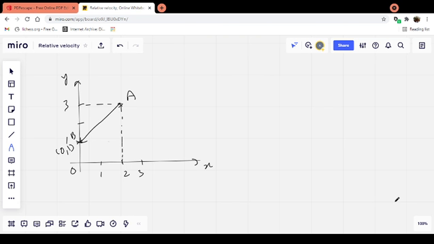Since I have already drawn the figure, from the figure itself it is pretty clear that if I were to draw a frame of reference fixed at A, I draw the frame of reference like this, x dash and y dash. X dash represents east and y dash represents north. That means this downward direction represents south and this direction represents west. As you can see from the figure itself, it is pretty clear that this particular angle would be 45 degrees, as this distance is 2 meters and this distance is also 2 meters.